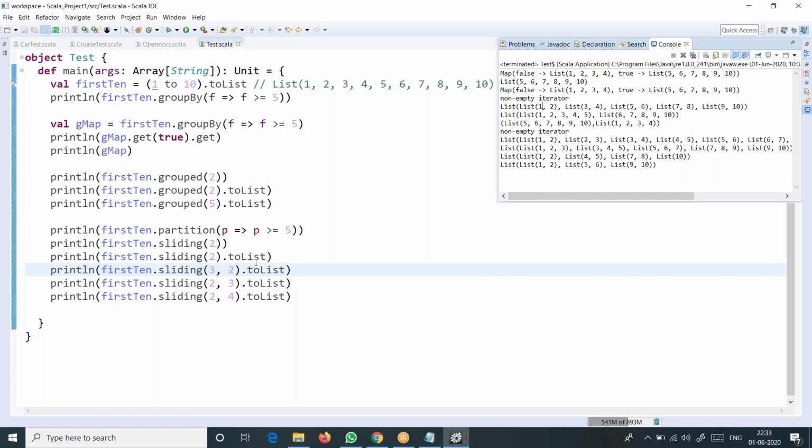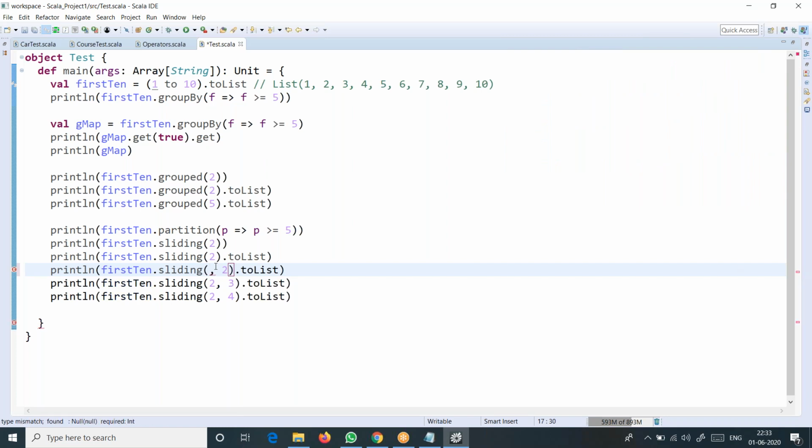The first parameter represents the number of elements that should be present in each list. The second parameter specifies the incrementation between each element between two lists. Okay, that should be clear for all of you, right? Is there any doubt on this? I'm moving back to the same thing. Hope this is clear for all of you, right?